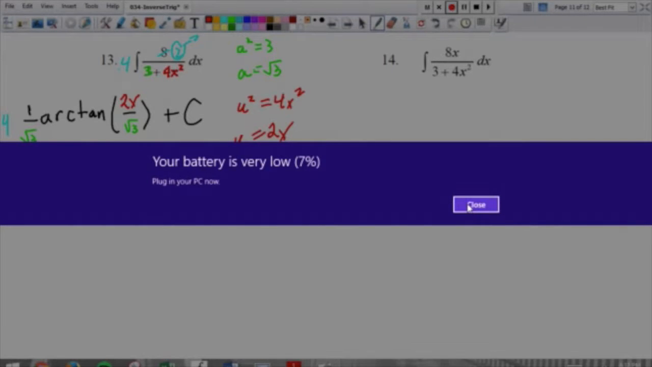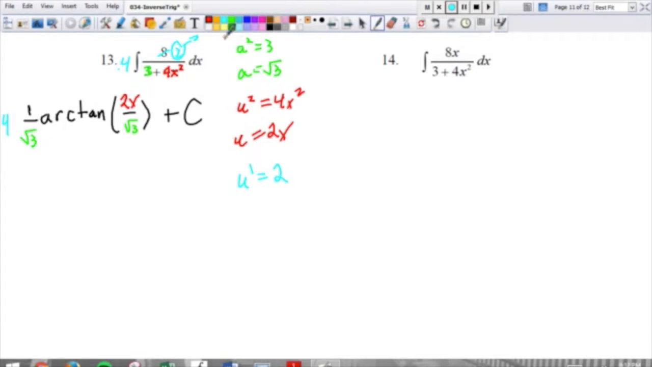Sorry. My battery's very low. I don't know if you can see that. That's pretty amazing. Oh, this is going to be fun. Alright,